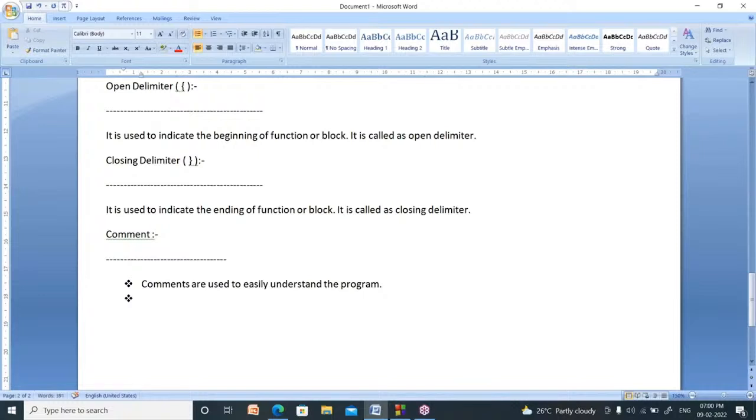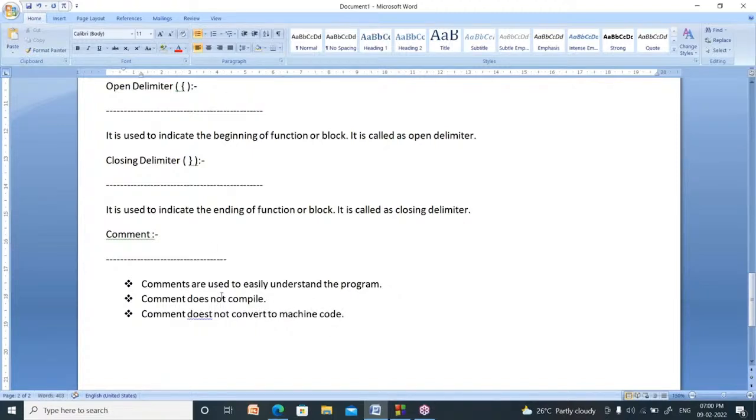If you write comments, they don't compile, meaning they don't get converted to machine-understandable code, which is machine language. So comments do not compile, and they do not get converted to machine code.